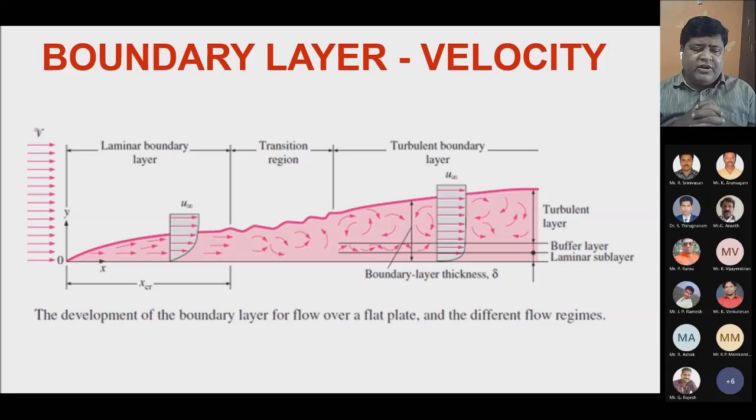You can see the velocity profile gradually having a parabolic shape, and that is the laminar boundary layer. Flow can enter either as turbulent or as laminar. Once it enters as laminar, when sufficient length of the system, pipe or plate, is available, laminar can convert into turbulent with the help of a transition zone in between.